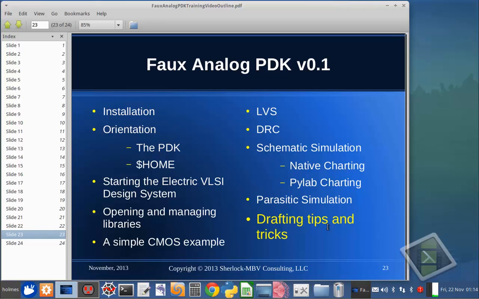Electric is more different from most other IC drafting tools that I've used, and that includes Synopsys, Mentor, Magma, Cadence, and it has a few concepts that are very different from the commercial tools that are used more often. So what we have is a few tips and tricks that we'll cover really quickly,